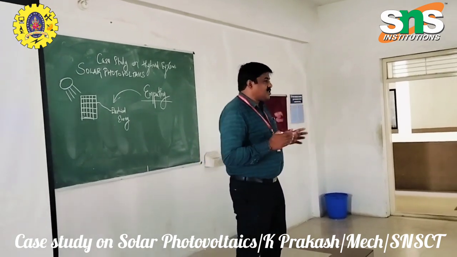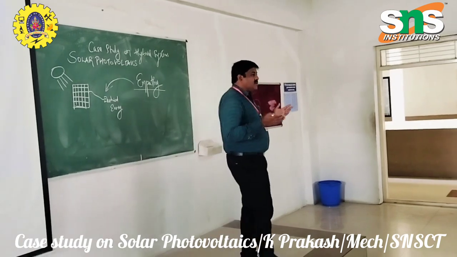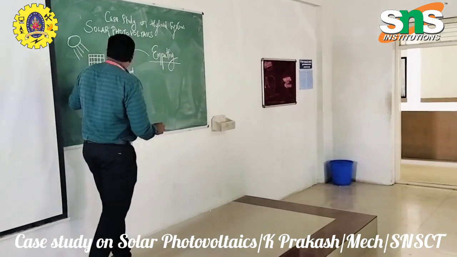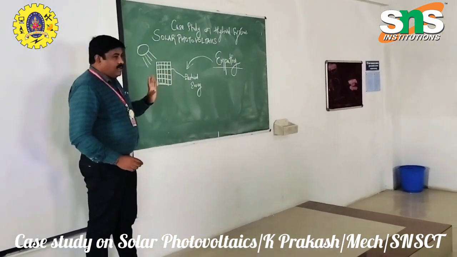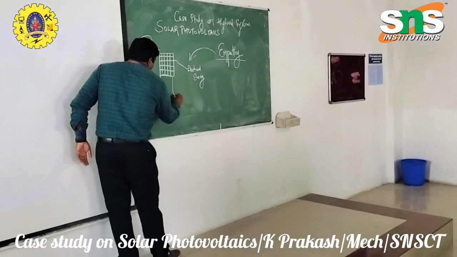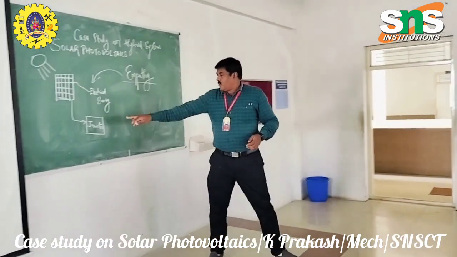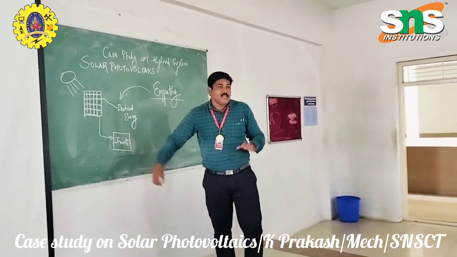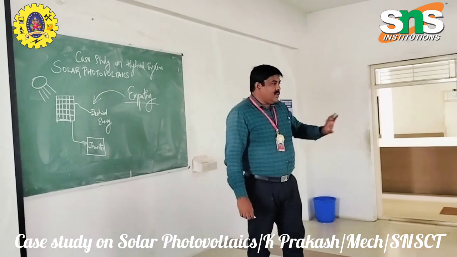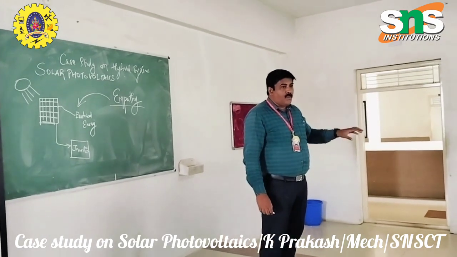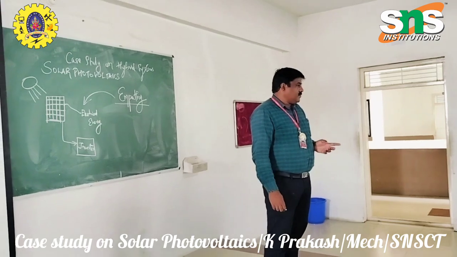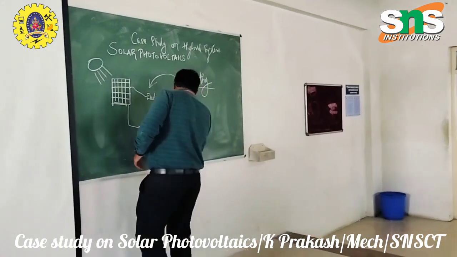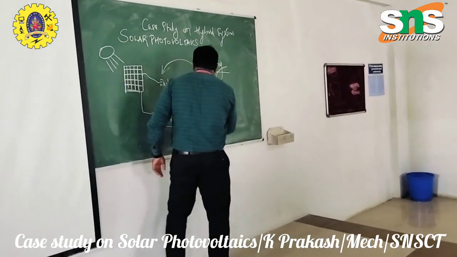Okay. So what is the third stage of design thinking? Idea. So what is the idea we are going to make? So this is a solar panel. From this we are using an inverter. We are using a special type of inverter. What is the purpose of the inverter? The solar panel produces direct current, called DC current. This DC current cannot be used directly for our home appliances. That has to be converted into AC current. So this inverter converts DC to AC,